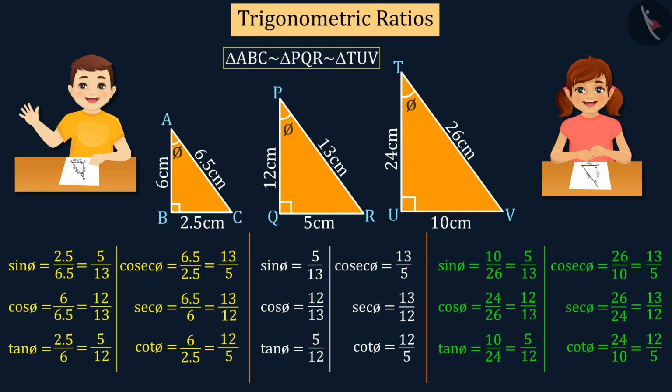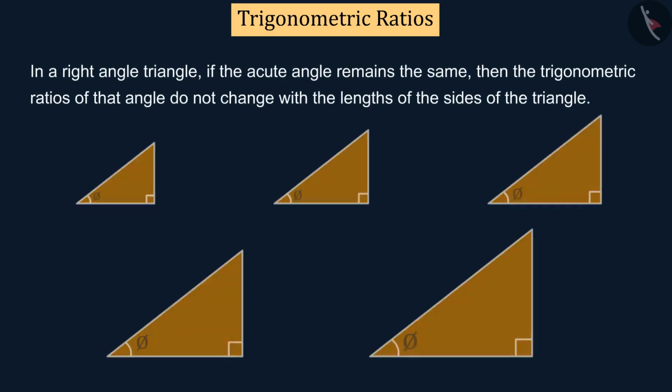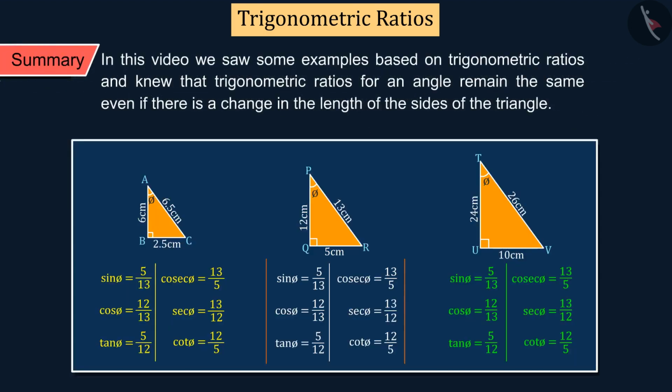is the same. Based on this activity, we can say that in a right angle triangle, if the acute angle remains the same, then the trigonometric ratios of that angle do not change with the lengths of the sides of the triangle. In this video, we saw some examples based on trigonometric ratios and got to know that trigonometric ratios